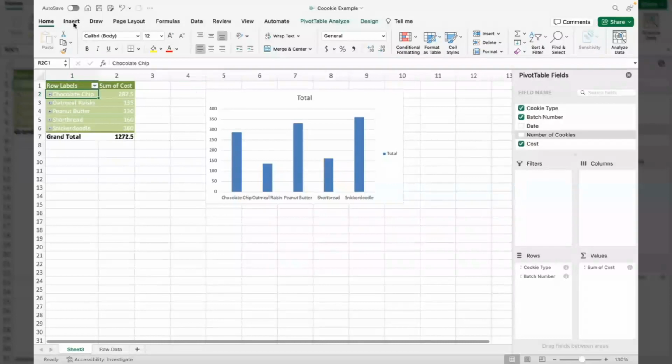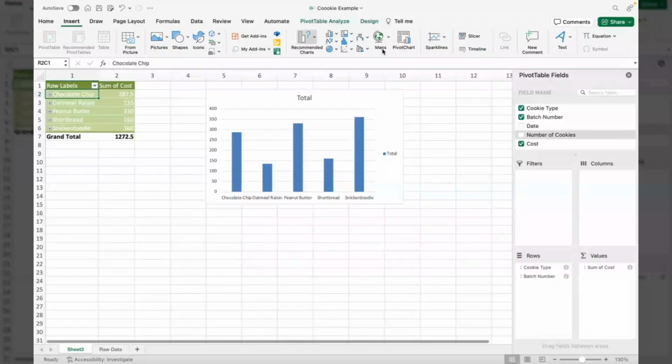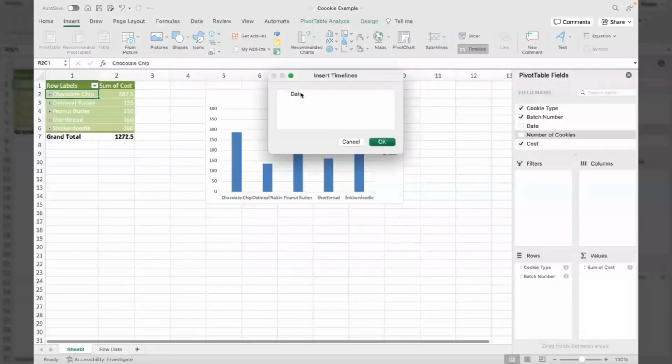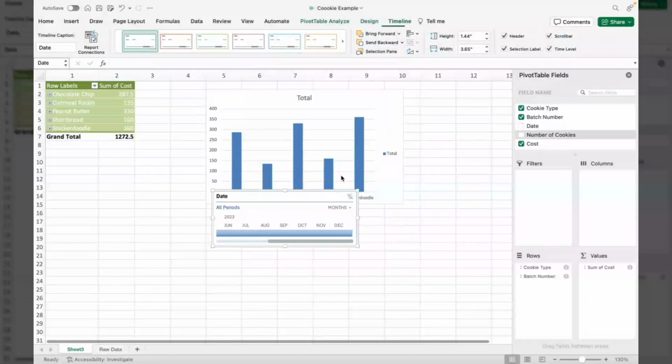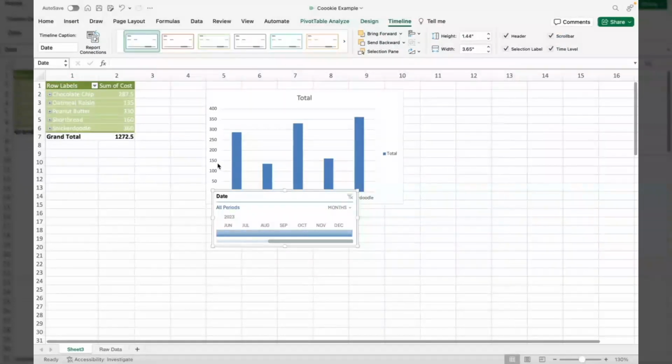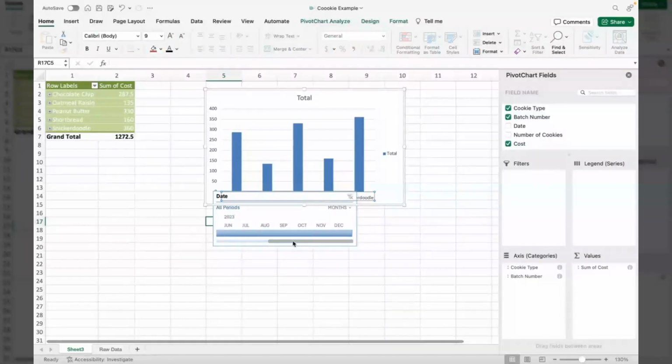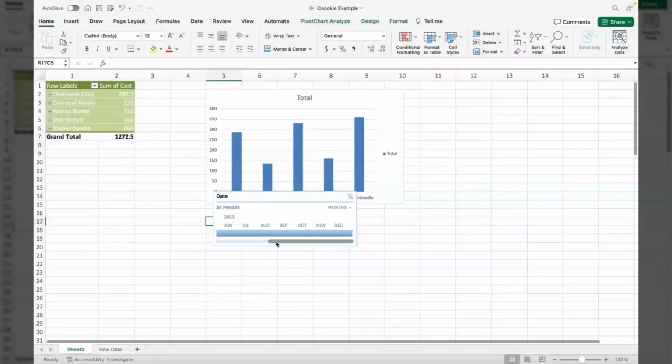Now, let's say you want to see the number of batches made in a certain time frame. You're going to want to click Insert and Timeline and Date. And it will pop up a slider. So here you can actually select different dates. So if you want to look at March and April,